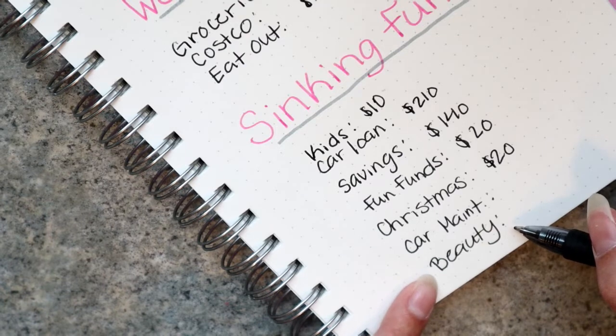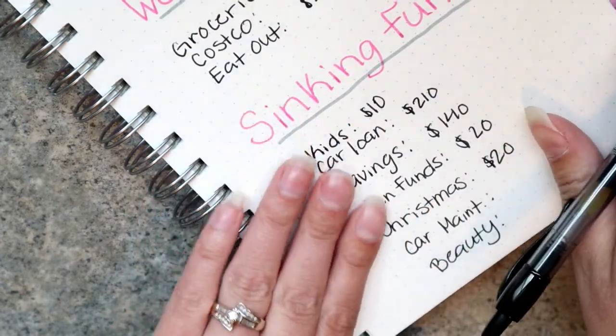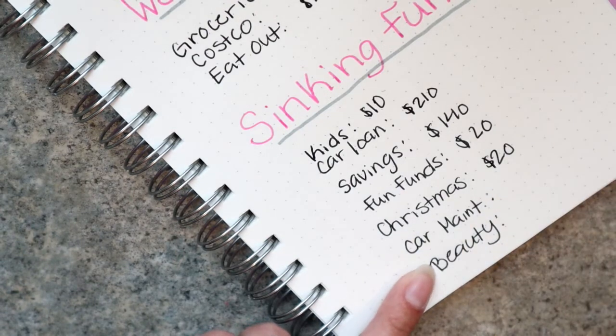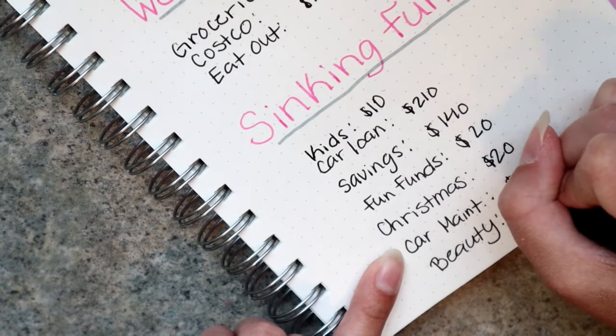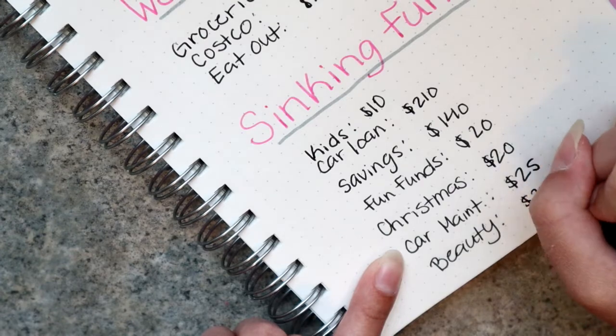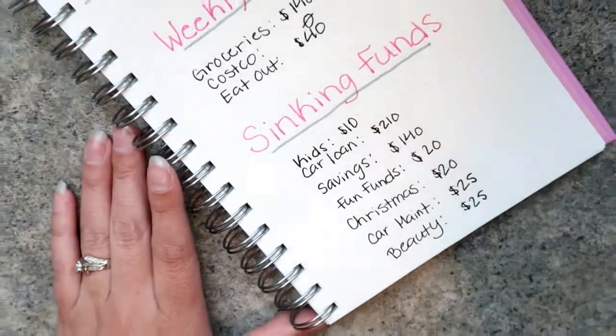And then my next one is for beauty, and this is just so that I can save up some money to get my hair done once all of this craziness is over with, and I can go to the salon and get my hair done. So car maintenance is going to get 25 and beauty is going to get another 25. And that is all for my